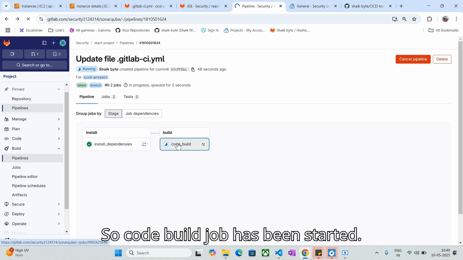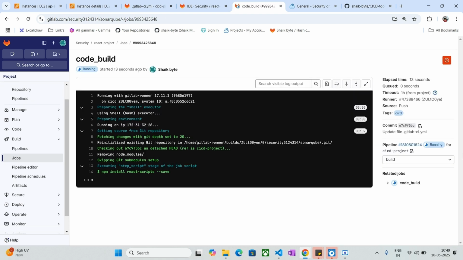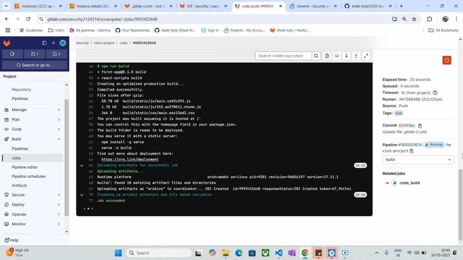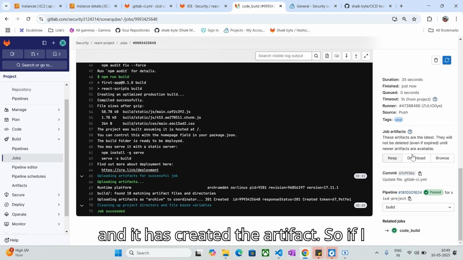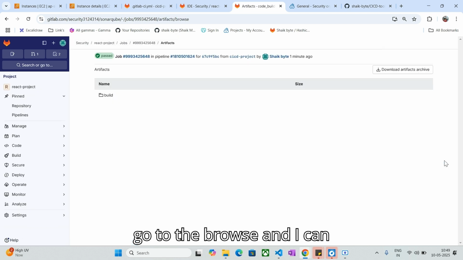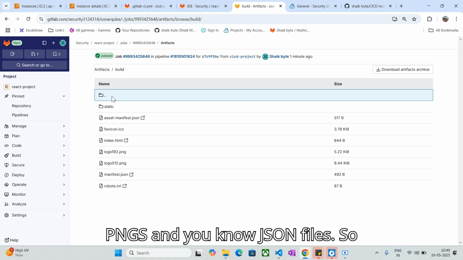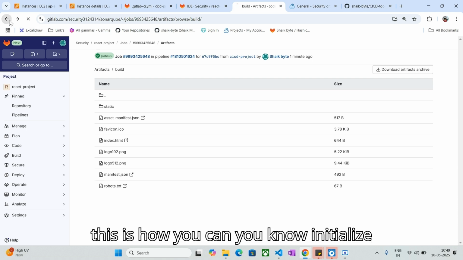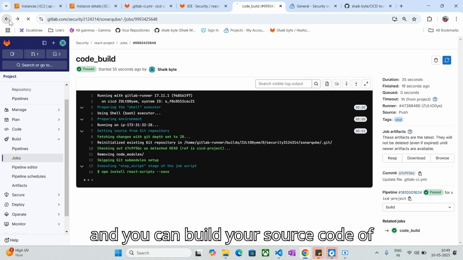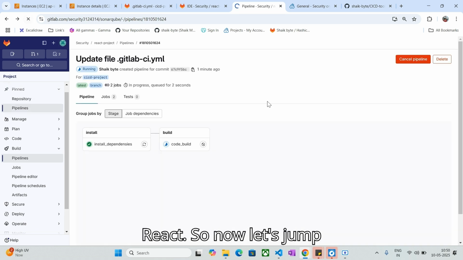So the code build job has been started. Okay, so this job has successfully finished and it has created the artifact. If I go to Browse, I can see the artifact in the build section, and if I go inside of this, I can see the statics and index.html, all the PNGs and JSON files. So this is how you can install the dependencies on a runner, and you can build your React source code. So now let's jump into the